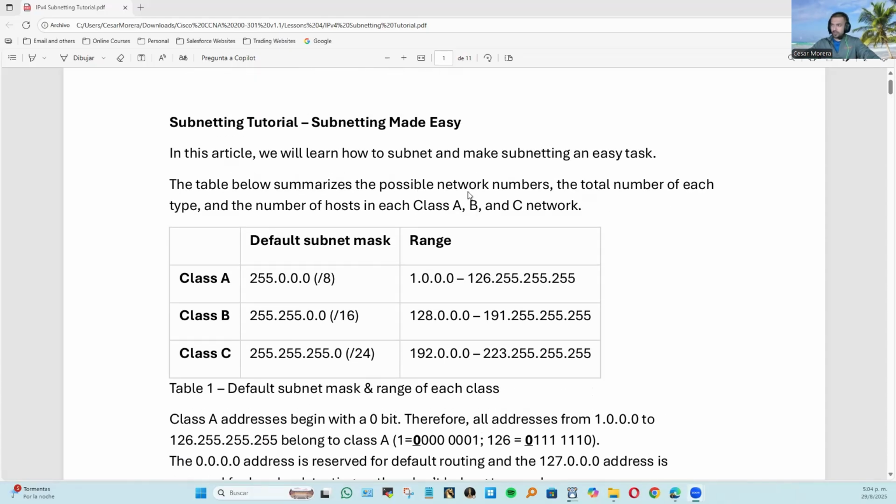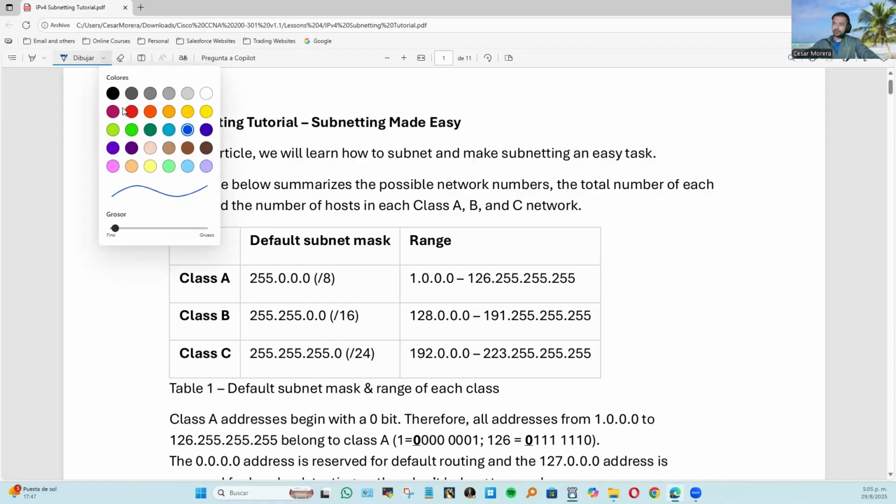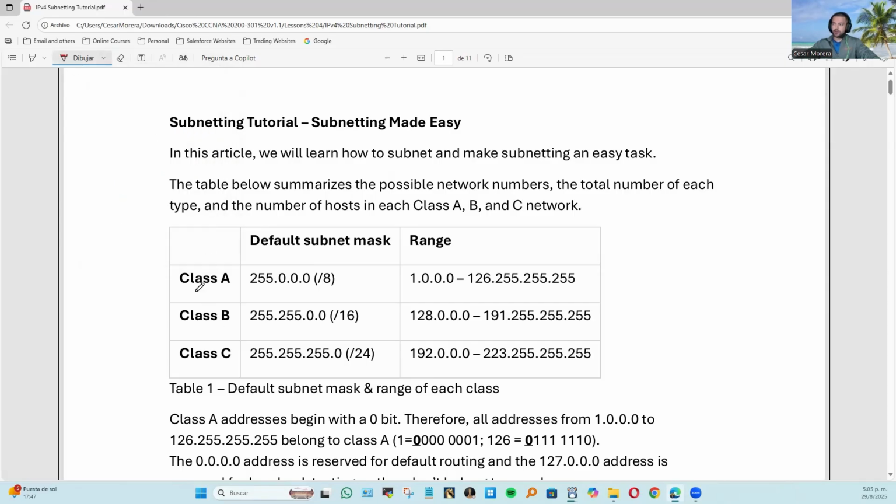Okay, so there are three classes of networks mainly. We have class A, class B, and class C. Let me just highlight that information for you. Improve the size here a little bit. And there you go, class A, class B, and class C. The default subnet mask for those classes are